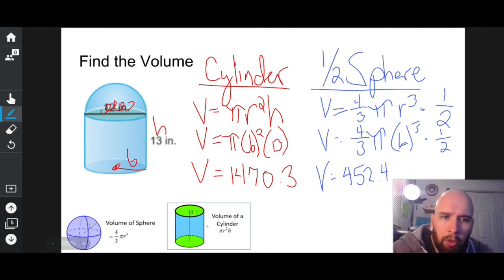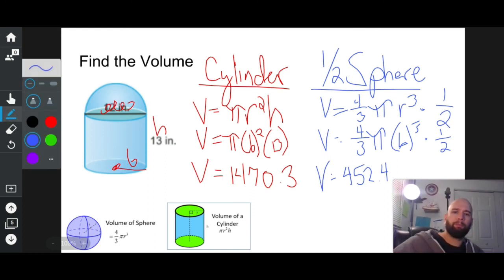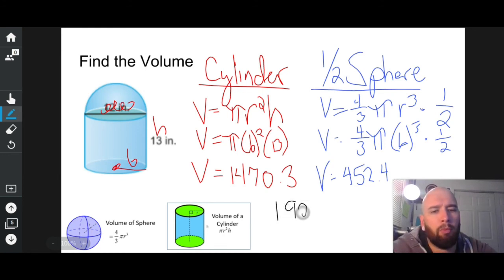Let's add those numbers up. What is 1,470.3 plus 452.4? It's 1922.7 inches